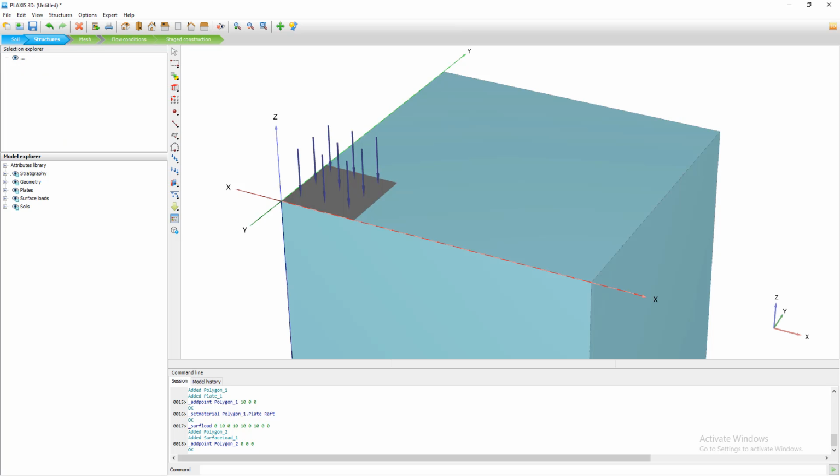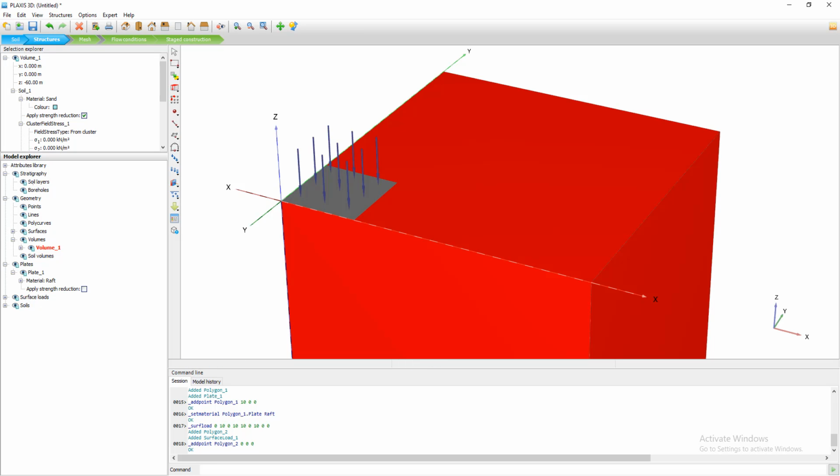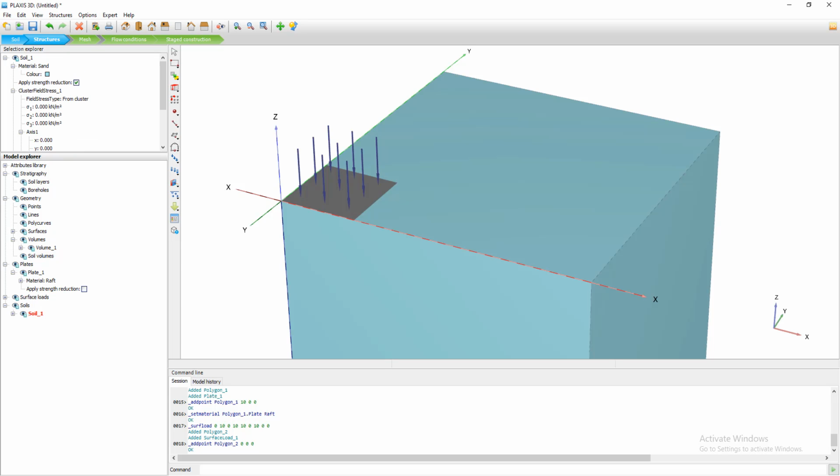If we look here on the left hand side, we can see everything we have done in the model. So this is for the soil layer, this is for the geometry, points, line, body curve, surface, volume, soil, and this is for the plate parameter. If we open it, we can see that it's assigned to raft, and the soil here, as we can see, this is the volume. And this is the soil here, and it's assigned to sand. And the load here is assigned to uniform load,